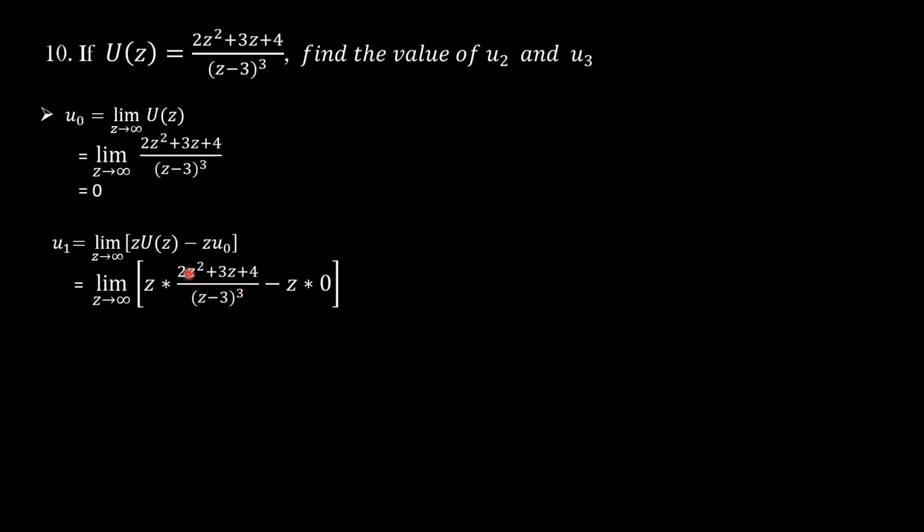Since the degree of the numerator and the degree of the denominator are equal, therefore, by taking z cube outside from the numerator as well as the denominator and by applying the limit, the value of u1 becomes 2. Similarly, u2 is limit of z square into u of z minus z square into u0 minus z into u1 as z tends to infinity. By substituting u of z, u0 and u1, u2 becomes